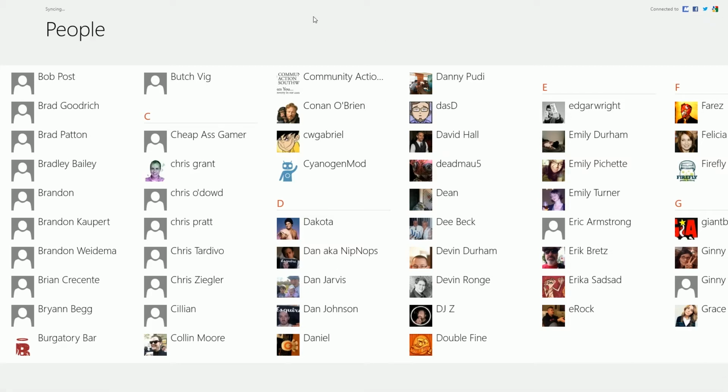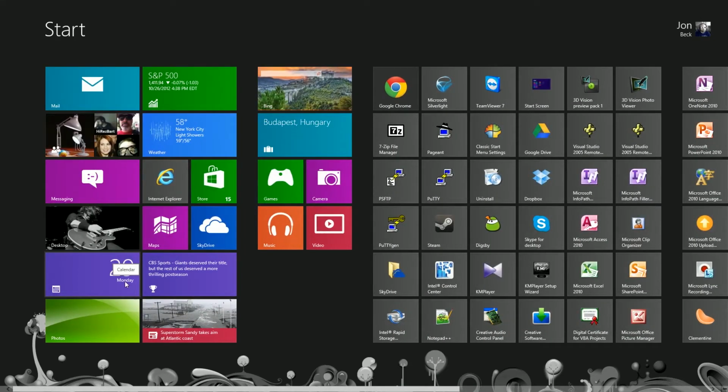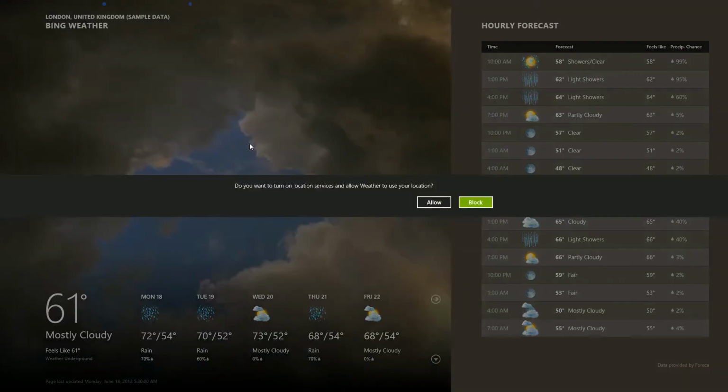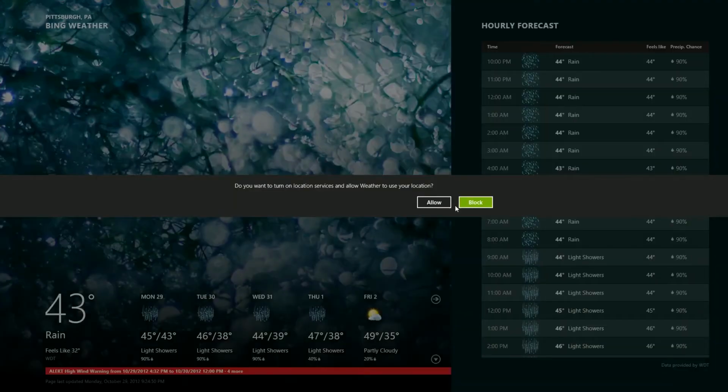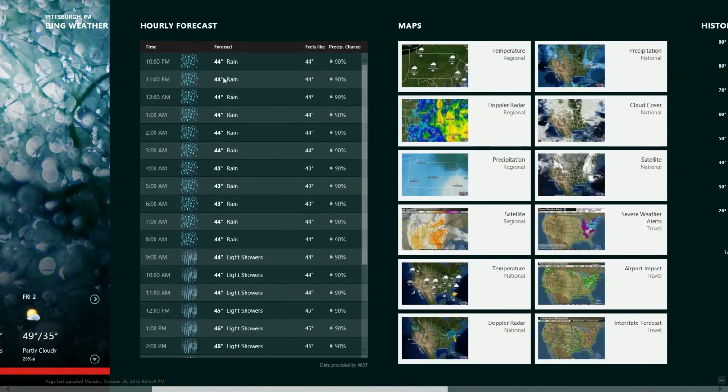And that pull down from the top closes everything out. So you've got full screen still. There's a messaging app I don't really use. This is the Bing Weather app, which is actually pretty nice looking, but again, it's not anything that I think is essential. You can pull up a lot of different information. You can pull up radar and see live stream and all that stuff, but this isn't really anything you couldn't